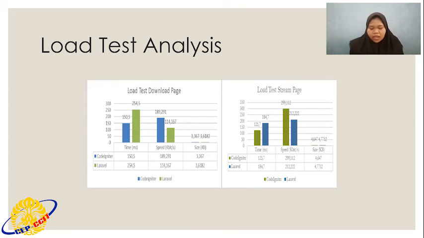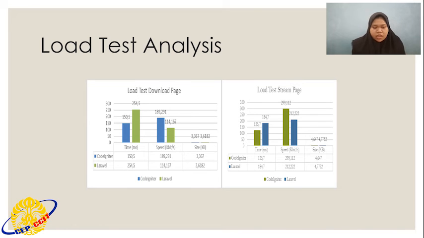3.6182 kilobytes in table 4.2, the page size value changes and it's larger than CodeIgniter due to the Laravel framework loading more libraries than CodeIgniter. So from the data, it is found that web applications that use the CodeIgniter framework have better performance than web applications that use the Laravel framework.